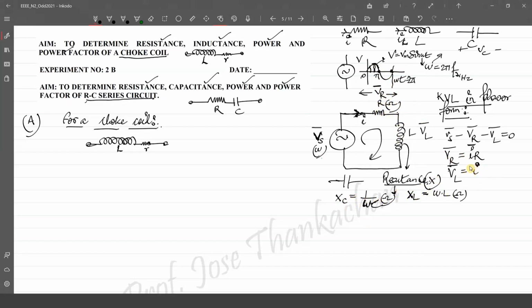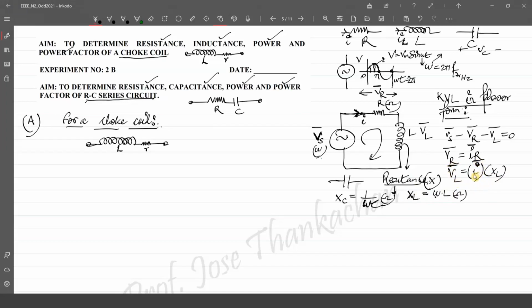Even if I say VL is the voltage across the inductor, one of you told me that VL is equal to I multiplied by the impedance. Impedance, you meant the opposition offered by that inductor to the flow of current. So you want to say that VL can be written as I into XL. But XL is omega into L. Omega is a frequency, L is an inductance value. So these are normal scalar quantities, which makes XL a scalar quantity. But you can see here VL is a phasor quantity. Similarly, I also is a phasor quantity.